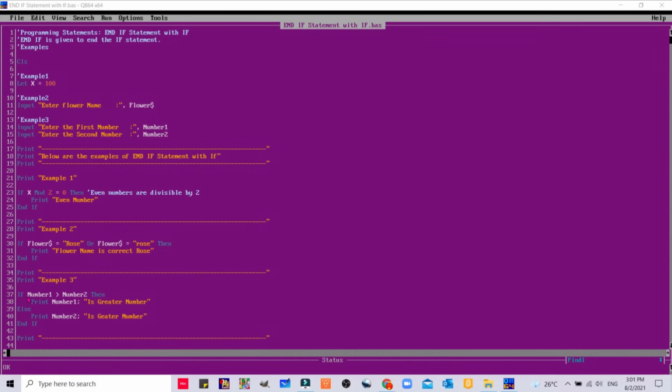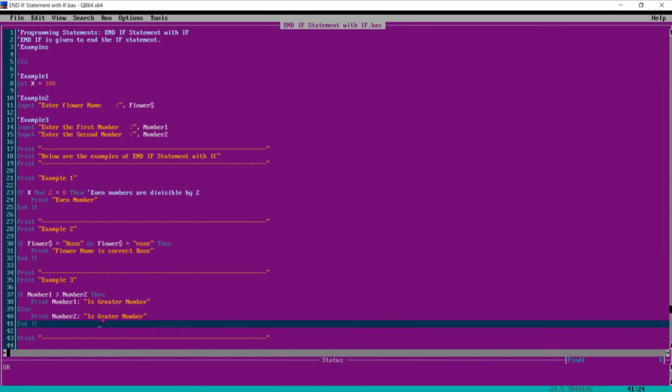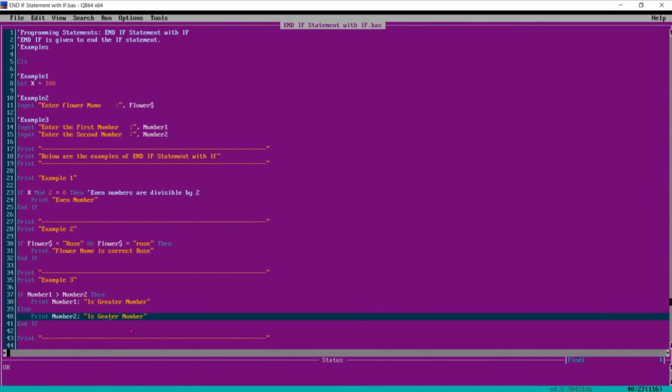Example 3, we enter two numbers, the program will ask, then we will do the comparison. If number 1 is greater, because we have used the relational operator, then print number 1 is greater, else print number 2 is the greater number.